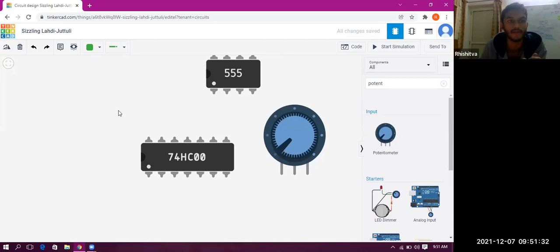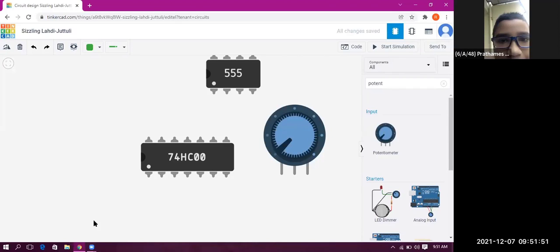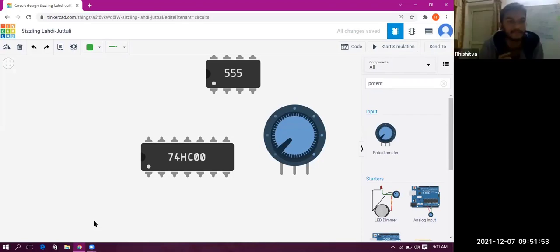Can any student tell me what is a potentiometer, so that I am able to know? You all students know about potentiometer. Okay, yes, we have this student 6th A roll number 48. Hello. Yes, sir. Yes, student, you are audible. Prathamesh. Of potentiometer only, right? It gives a variable input.